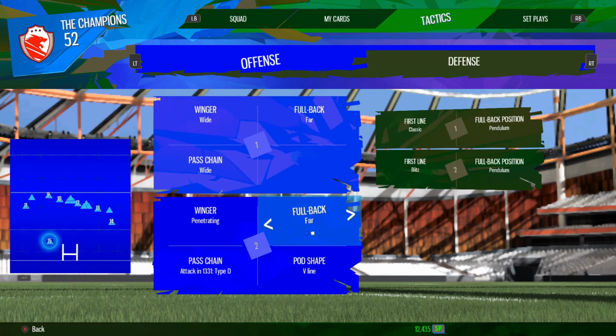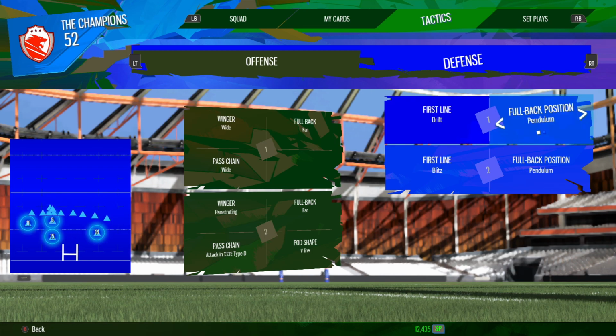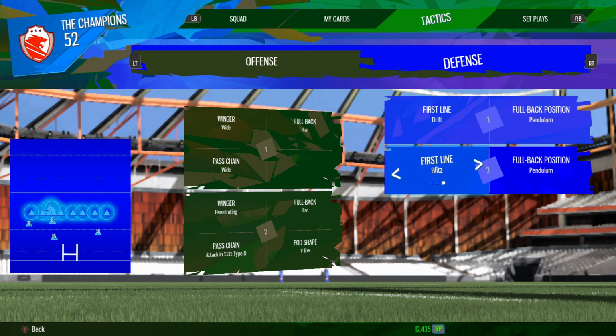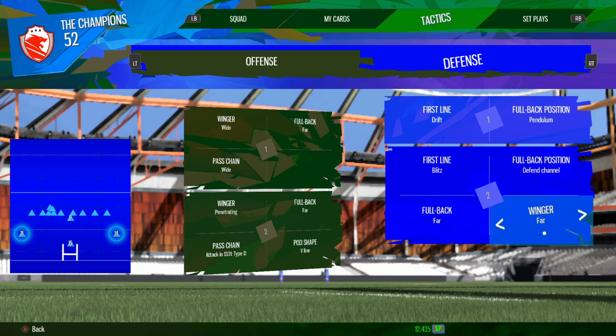On to... oh, defense, rather. Defense: classic, drift, or the blitz. I'm going to start off with a drift defense. Classic can sometimes get a little bit wild in this game, shall we say. Defend channel, pendulum. If we're drifting, I'll leave it on pendulum for drifting, and on the blitz defense, I'm going to leave it as defend channel. And then the wingers...